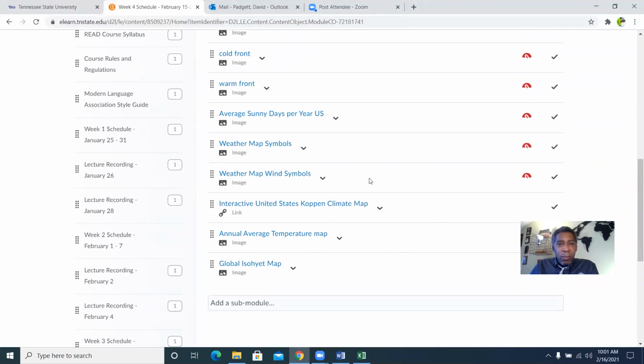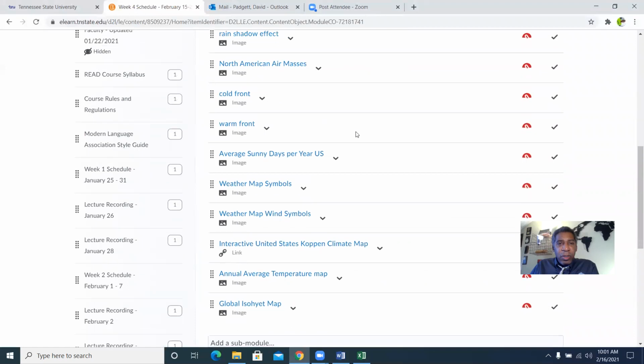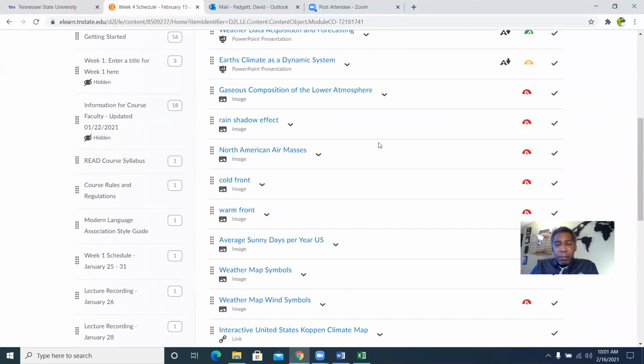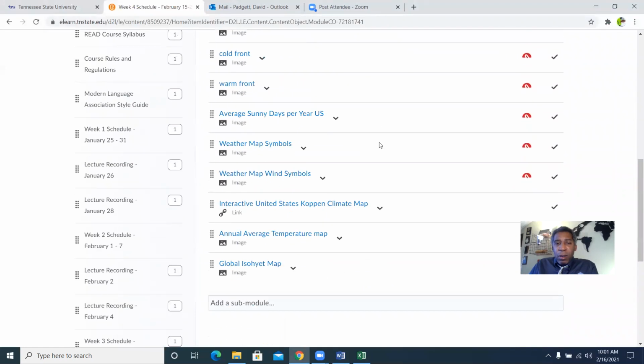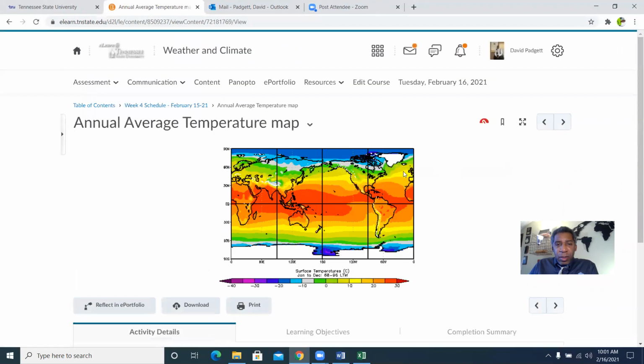Okay, so we spoke of climate. And so here is an example of a map of climate